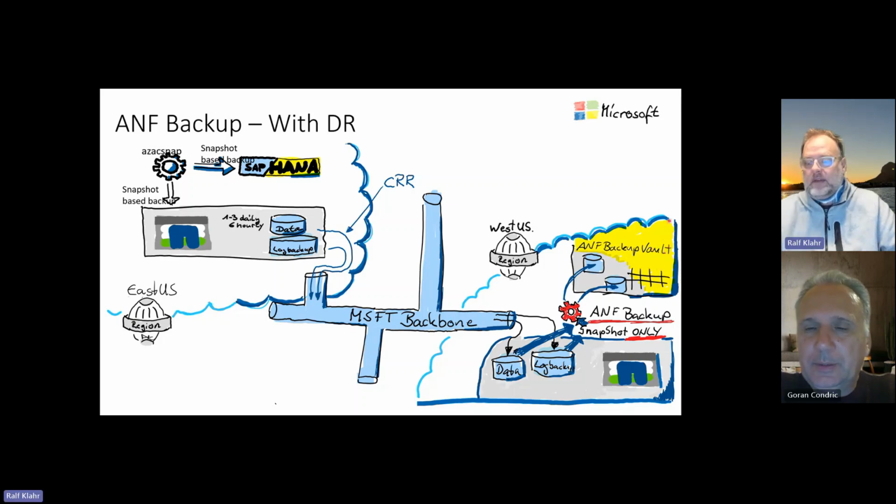So I have two asks out there with the ANF team. First of all, enable this again, because at the moment you would get an error when you try to create an ANF backup from a snapshot, because those volumes here are read-only. Remember, they are cross-region replication targets, and cross-region replication targets are always read-only. Therefore, you cannot write them, but you can read those volumes and mount those volumes for reading. Therefore, this feature will be enabled very soon, and we can leverage ANF backup here then for this purpose.